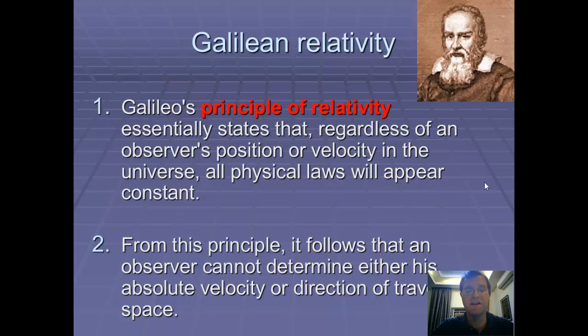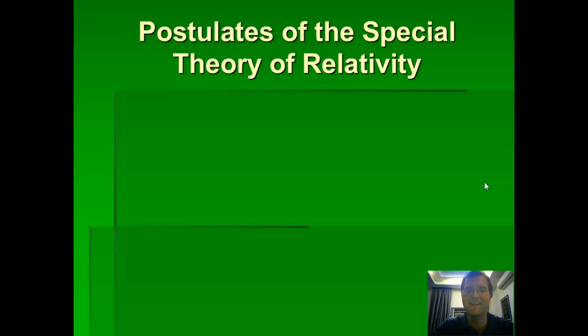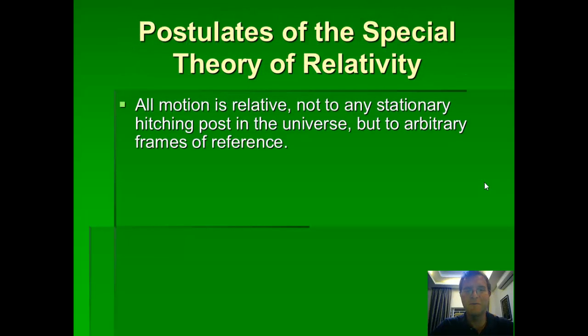And the idea is that if you were on a train traveling at a constant velocity and the windows weren't open, and so you couldn't see outside, there'd be no way of working out if you're moving or not. And that's Galilean relativity. This leads towards, and this is the stepping stone towards the special theory of relativity. We'll talk about that in more detail here, but if all motion is relative, not to any stationary hitching point in the universe, but arbitrary to frames of reference,